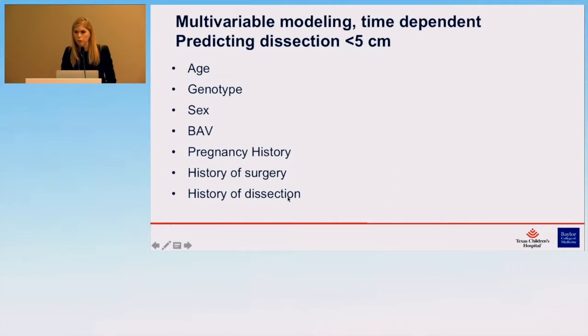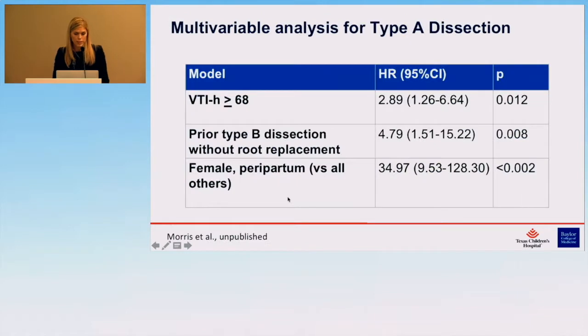And I don't have time to go through all the variables, but ultimately, when we did our multivariable model for type A dissection, 3 variables came out. So one, which we weren't surprised at, is height-adjusted tortuosity greater than 68, compared to less than 68, had a high hazard ratio. 2, we were surprised at, is a prior type B dissection without a root replacement at the